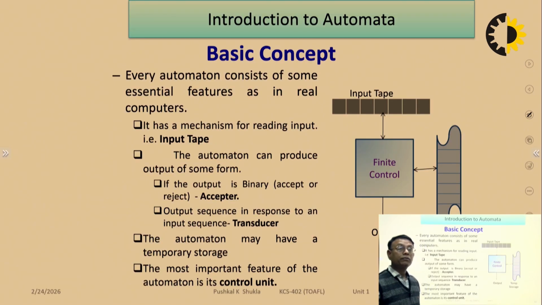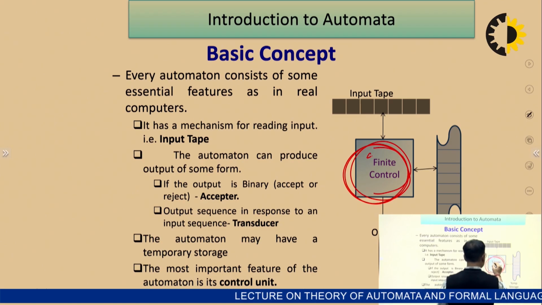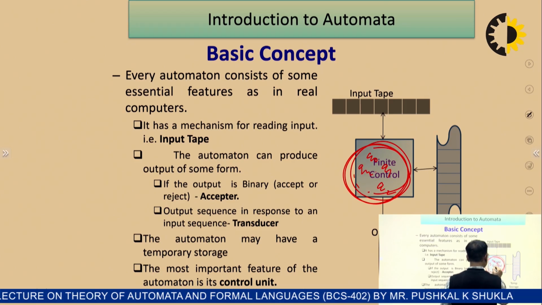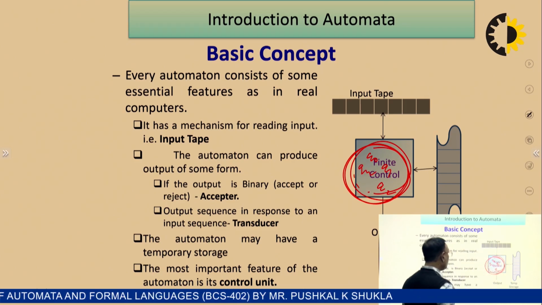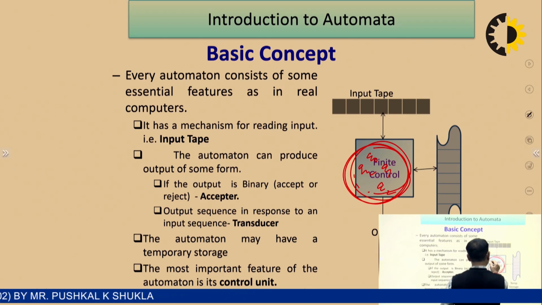Then, introduction to automata, basic concept. This is a finite control, in which different states are there. Suppose there are different states Q0, Q1, Q2, up to Qn. Suppose n states are there. Initially the control is at the left hand